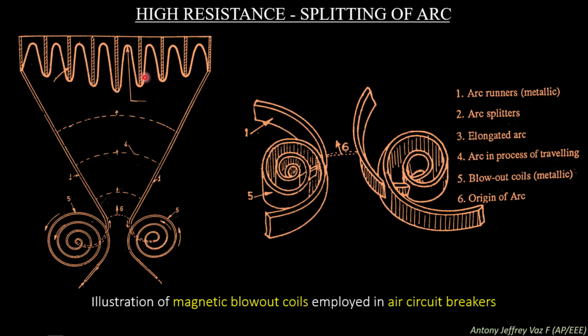Further, in this position, we have several arc splitters. The complete arc gets split into several arcs so that the resistance is highly increased and the current required starts to decrease, so that the arc gets extinguished very easily in the arc splitters in this region. These sine wave shaped lines are the arcs and this is the arc splitters.